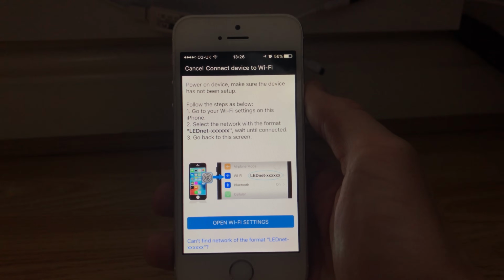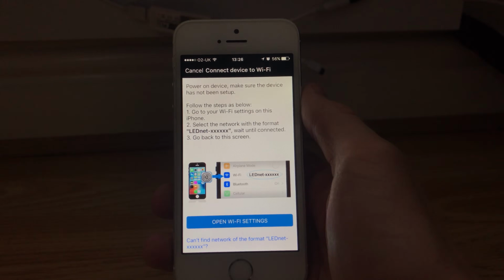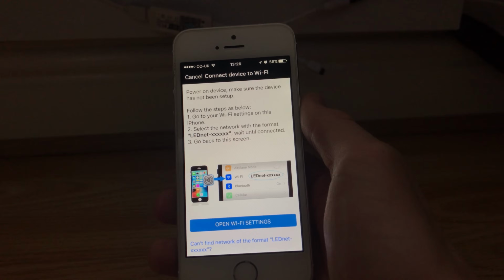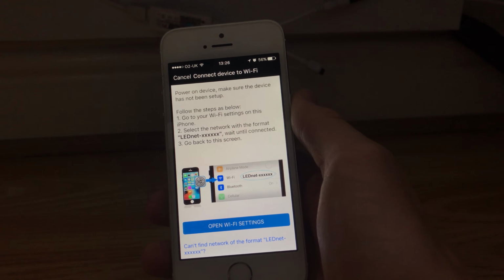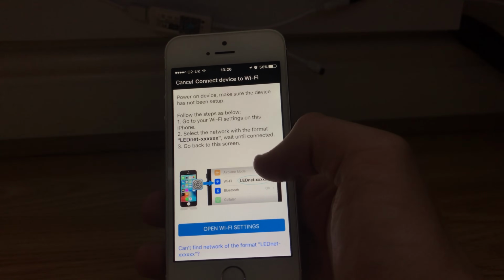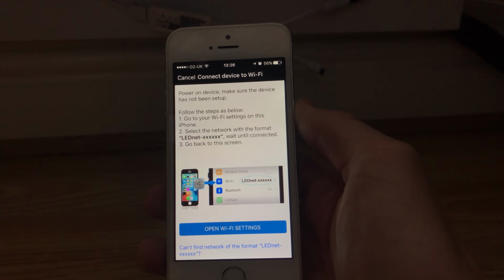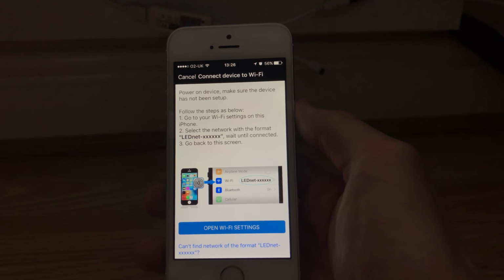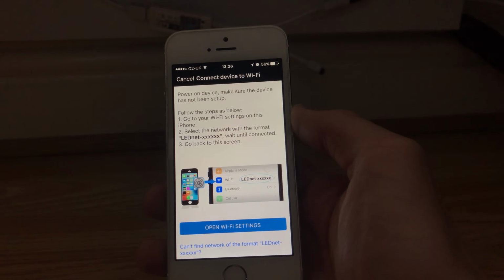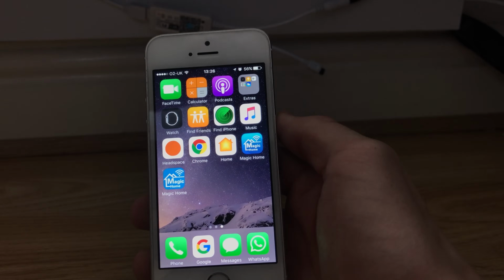So it's pretty simple. When you power up the LED strip and the Wi-Fi adapter right there, it will pretty much display a Wi-Fi signal that you will connect via your phone, and then I think you connect the LED strip Wi-Fi to your router, and of course that will require you to type your Wi-Fi password into this app, I think. So yeah, it's pretty simple to set everything up, and once it's connected, you can use multiple devices for the